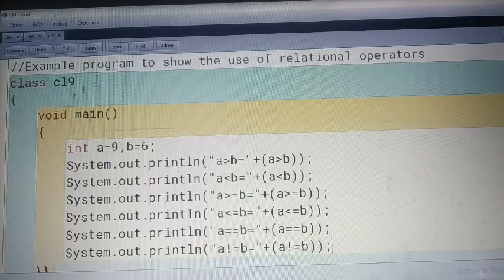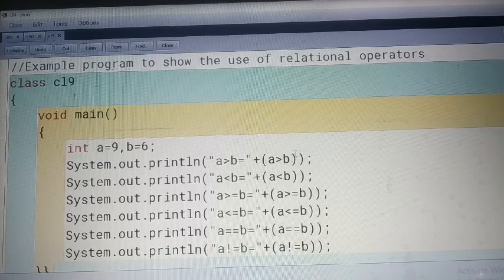We have taken two integer variables, a equal to 9 and b equal to 6, and after that I have written this particular set of statements for showing the different operations for you all.